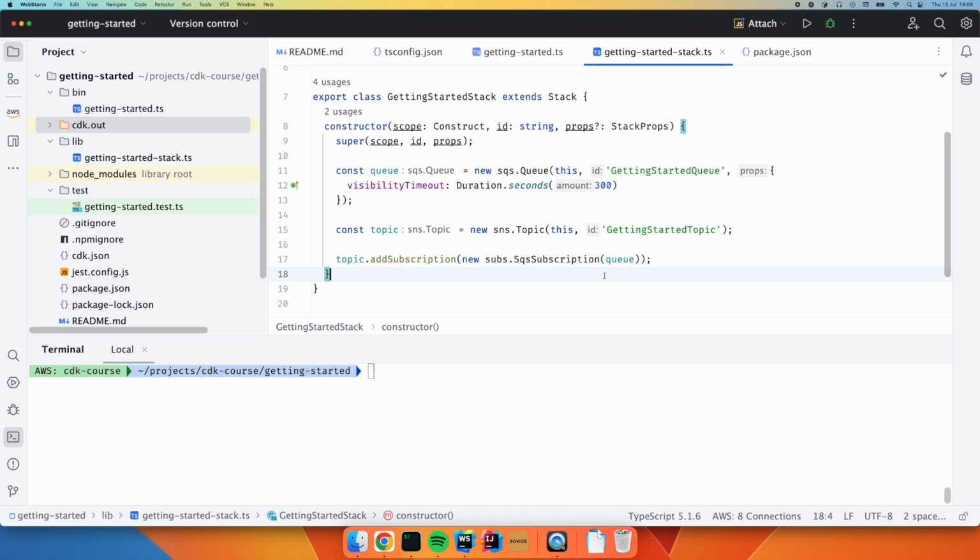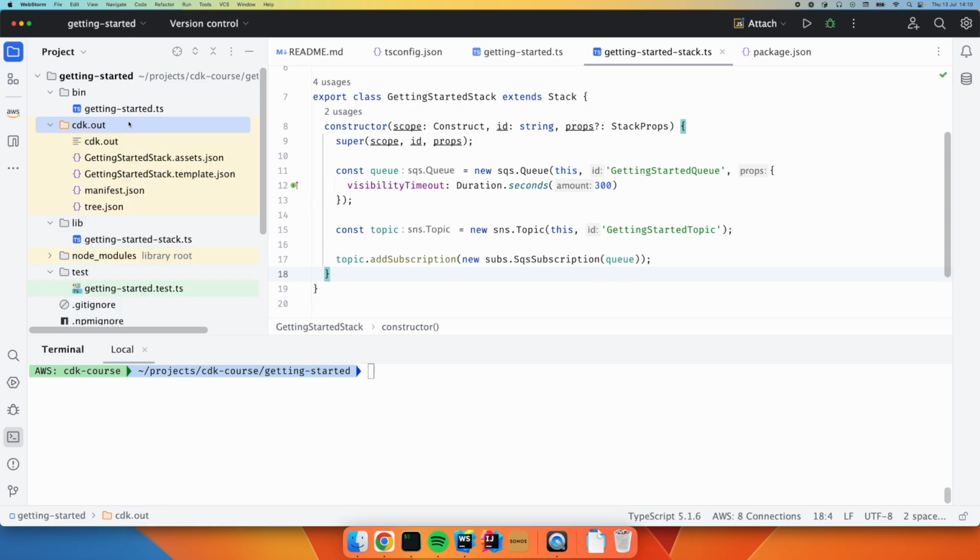And so we've got to remember that there is CloudFormation happening under the hood, and we've got to understand what CloudFormation resources are being created for the things we've got in CDK. So we've done a deployment pretty recently, and none of the code has changed since. If I open up the cdk.out directory, which is generated,